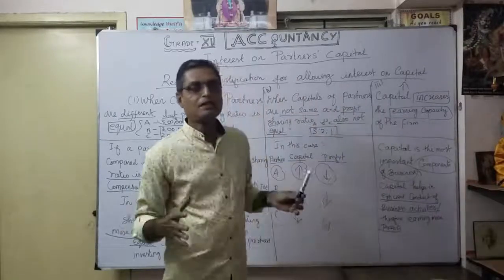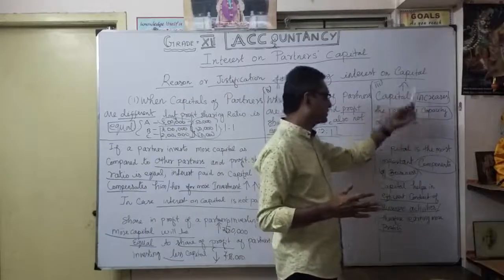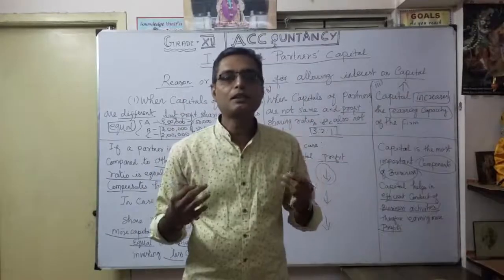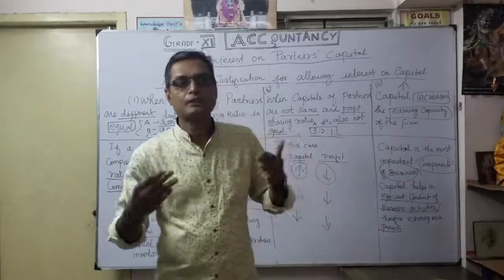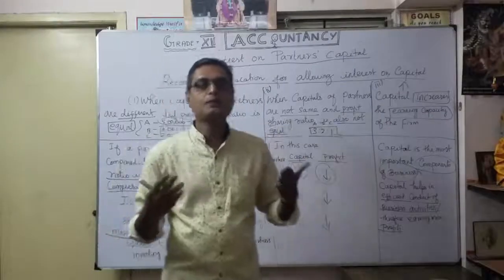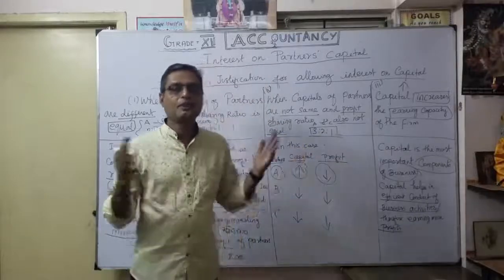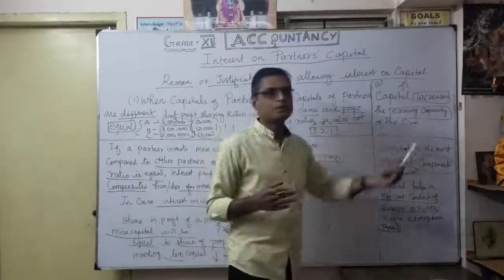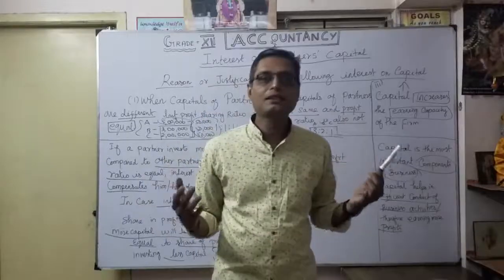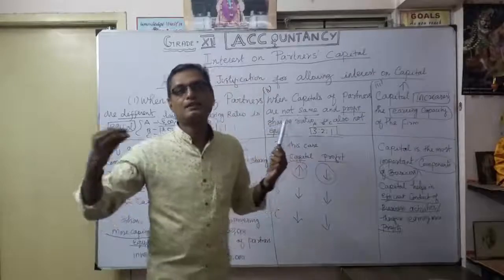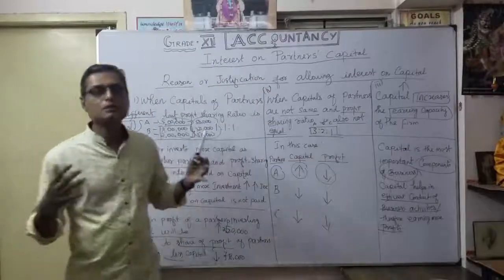So for that, you want to allow what? Interest on capital. So you require more capital. How will you get more capital? You will encourage the partners to contribute more capital. Whenever more capital is contributed, our business automatically expands and becomes efficient. Our earning capacity as a firm will increase, and automatically you will get more profit. Once you get more profit, the firm earns very good and will improve the business naturally.